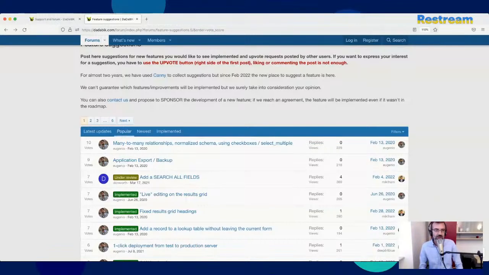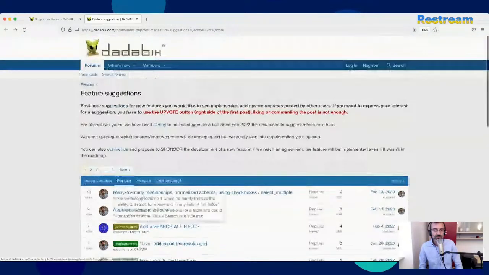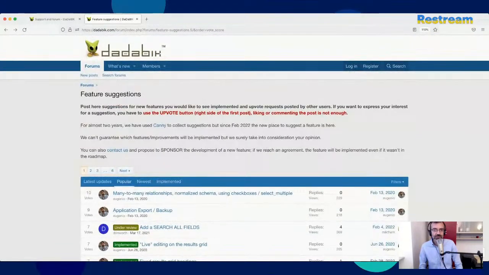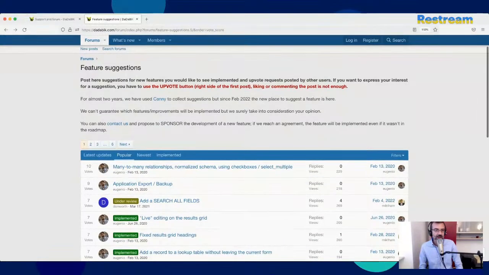It was a very good service, but when we changed the forum with this new forum that also allowed this kind of upvote style posts, I decided to move everything here because I prefer not to use external services.